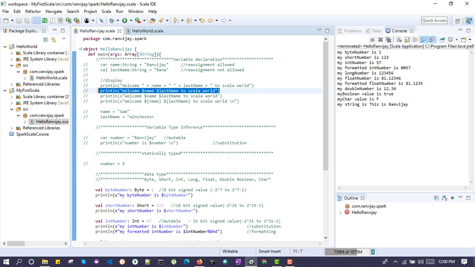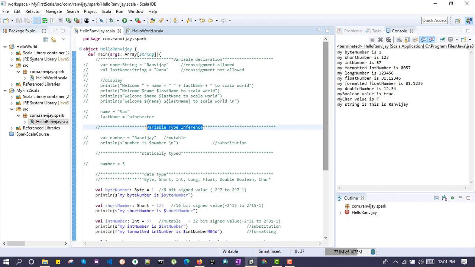This was the line which will not display the exact value of the variable. Then we went through variable type inference, which means that you don't need to provide the data type of the variable. Scala will automatically recognize what kind of data type it is.